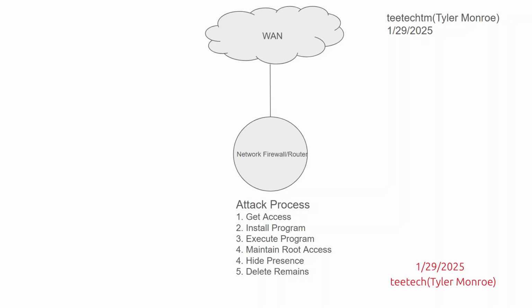After it executes, we want to maintain root access on the machine. This can also translate to a server as well, but it's essentially a remote access tool. It is going to maintain that access for us. Then, as a feature of what a rootkit might have, we're going to hide our presence. And then, of course, we're also going to delete our remains. So from there, we'll have less of a